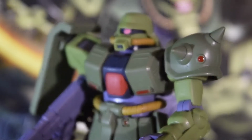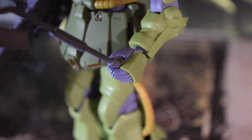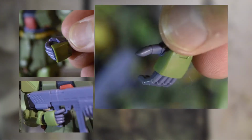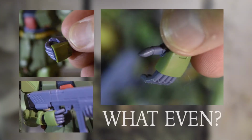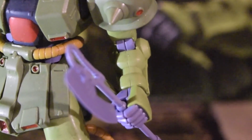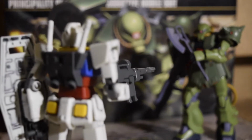My favorite weapon of this set is the Heat Hawk. The Heat Hawk can clip into the back and can go into this holding hand. Big problem being, there's only 3 kinds of hands and you don't even get any extras for the other side. Looking at you, Bandai, you hacks! Now with this Heat Hawk in the holding hand, and one arm taken off, you can cleanly replicate the source